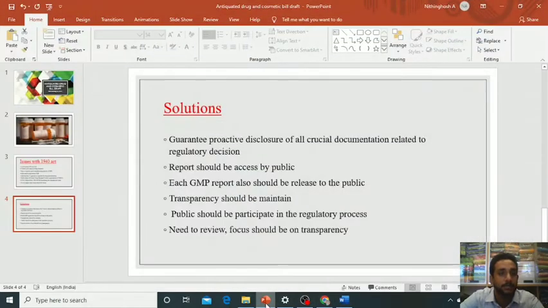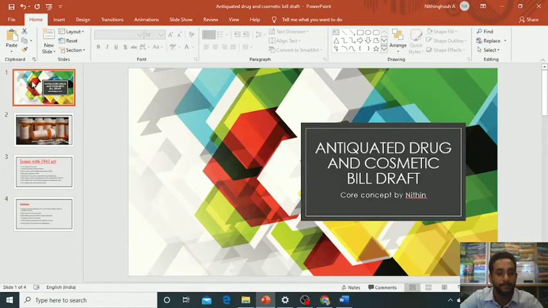Today we are going to discuss the Drug and Cosmetic Bill. Recently, the Union Health Minister released a Drug and Cosmetic Amendment Bill. Let's discuss some interesting core concept ideas in that bill. Okay,